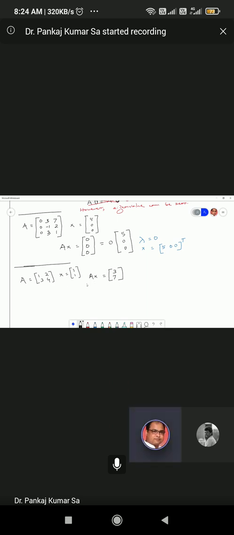But then here we don't find 3, 7 to be any multiple of the vector 1, 1, right? That is, we want this 3, 7 to be a multiple of lambda times 1, 1, which appears to be impossible,